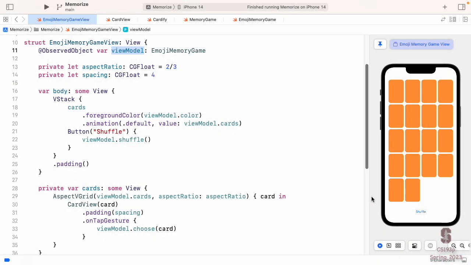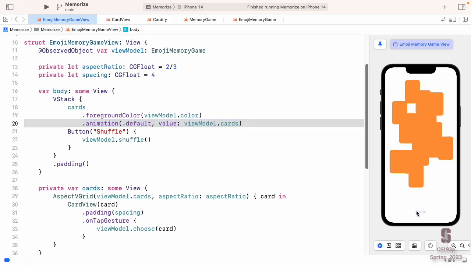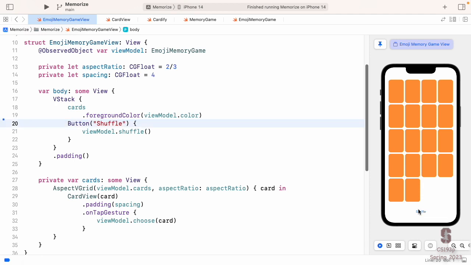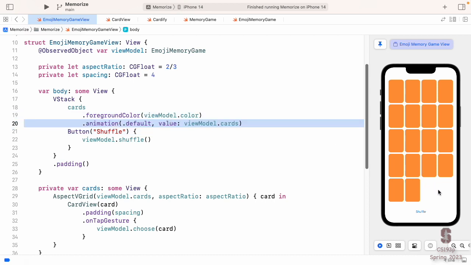All right, I told you that the first thing we were going to do when we got in the demo is get rid of that implicit animation. That's this right here. This is what's causing shuffle to cause this animation to happen here. If I take it out, then shuffle becomes instant, just instantly. It's not moving them around. Remember, I also said, I'm going to put it back here, I told you that when I click shuffle, whatever happens in here happens instantly, and it's just taking time to show it to me. You can kind of see that when I click shuffle really fast.